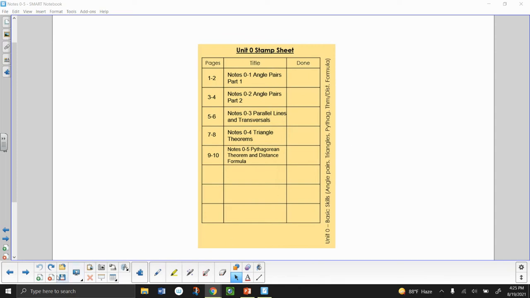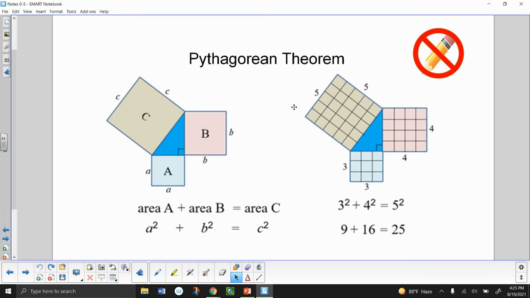All right, here's a video for note 0-5, Pythagorean Theorem and distance formula. So just a little reminder about Pythagorean Theorem. Pythagorean Theorem basically states that if we square one side of a right triangle and add it to the square of the second side of the right triangle, it's going to equal the square of the third side, particularly the